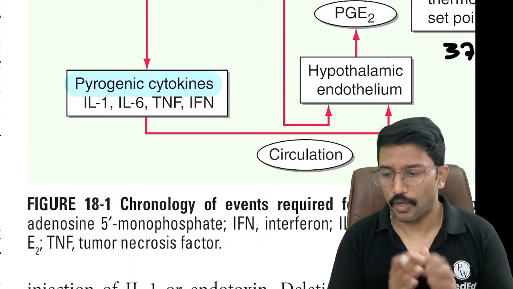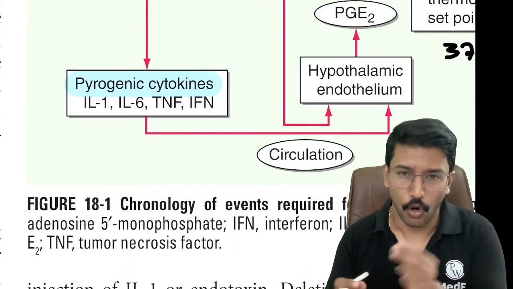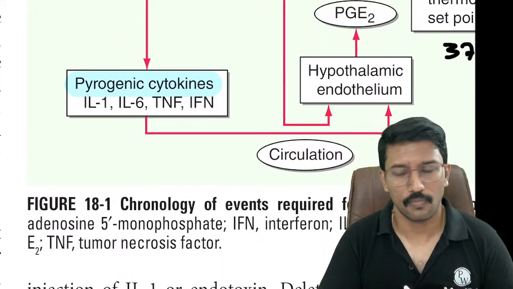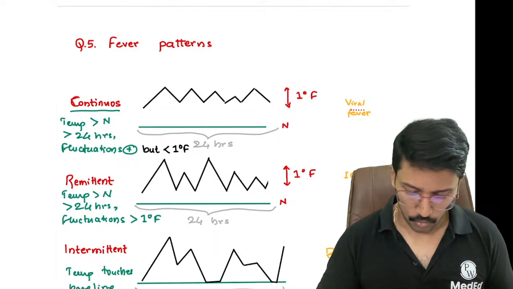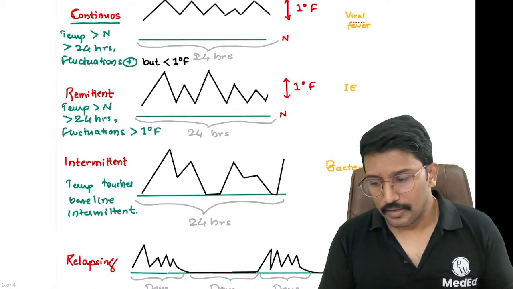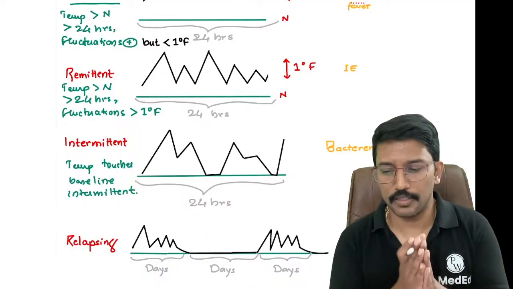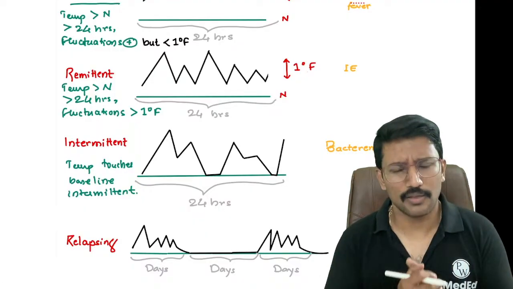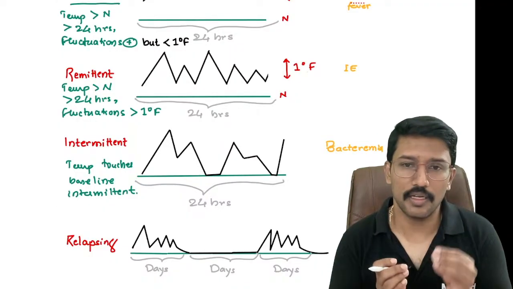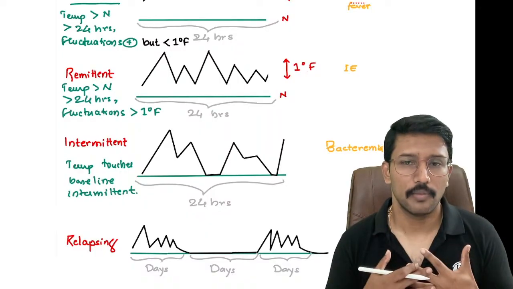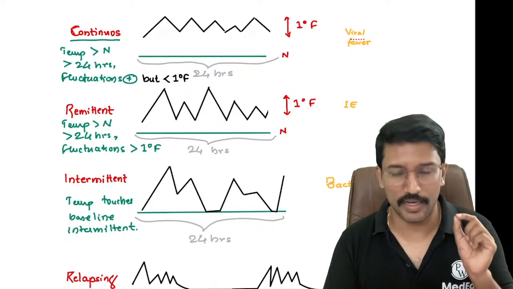But how many of you know this term called auto-inflammatory syndromes? Autoimmune disorders are different, auto-inflammatory syndromes are different. Can you give me an example for an auto-inflammatory syndrome? Okay, psoriasis can be counted as an autoimmune disorder itself. And auto-inflammatory, a classical example, many of you are familiar, it is called familial Mediterranean fever. Familial Mediterranean fever. Okay, so that is a condition where patients have recurrent episodes of fever and joint inflammation, not